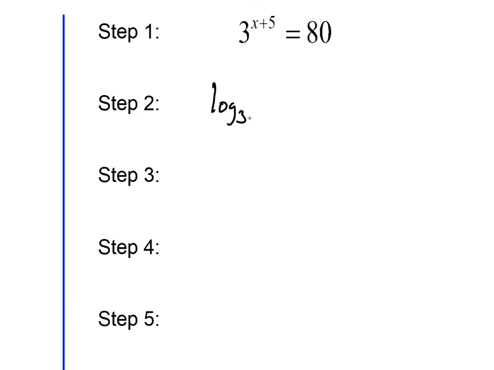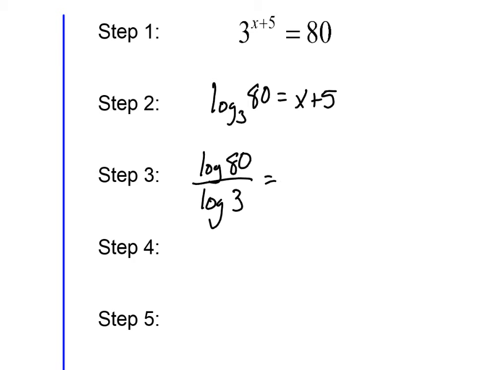So log base 3 of 80 is equal to x plus 5. Remember, the exponent always comes over to the other side of the equal sign. The form change I'm going to have to use would be changing log base 3 of 80 into its change of base, meaning log of 80 divided by log of 3, still equal to x plus 5. We're going to work out what this is with our calculator and then subtract 5 from both sides. I ended up with approximately 3.99,